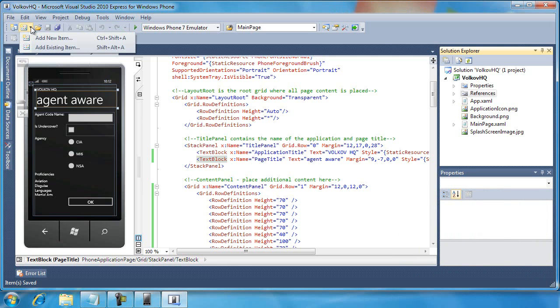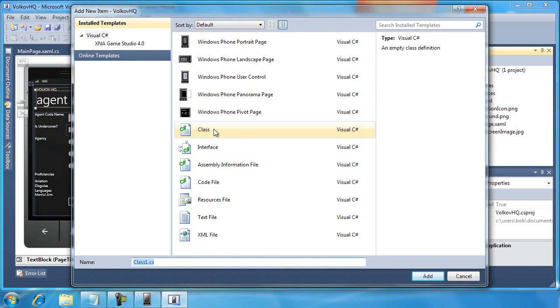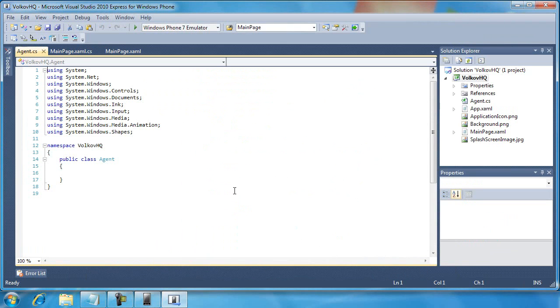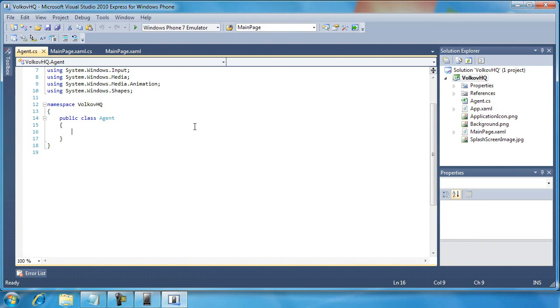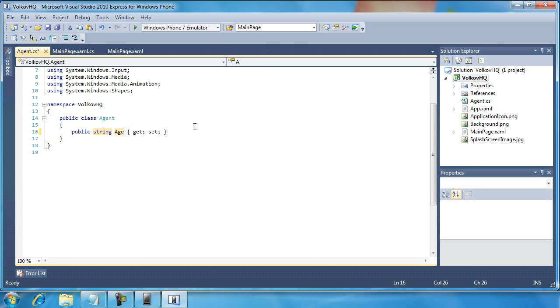The very first thing that I want to do is create a new class. So I'm going to select add new item. Actually, if I start over here, I should get an add class by selecting the project and then clicking on this down arrow. So I'm going to get to the add new item dialog with class already pre-selected, and I want to name this class Agent and then click the add button. And then within my new public class Agent, I want to create 5 properties. So I'm going to use the prop tab, and then I'm going to start typing in string for our agent name,